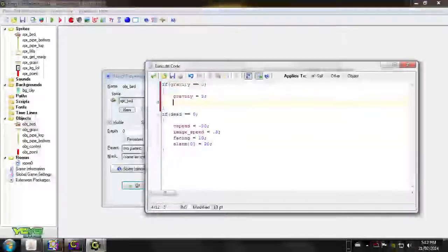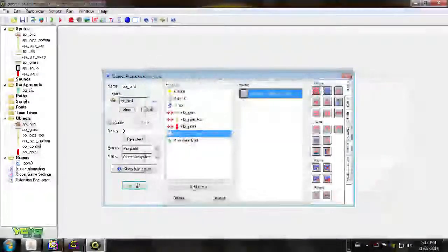And in here we also want to say object control dot alarm 0 equals 60, actually we can set this to a smaller number. We'll just say 20. What this will do is now the controller won't start sending stuff until we've started